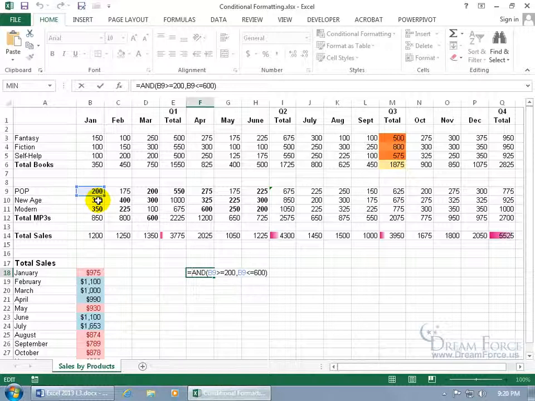As I said, this is dynamic, it's not absolute. So when it goes down to the next cell, it says this is not B9, this is B10. So it's going to update and say, is B10 greater than or equal to 200? It's not looking at B9. That's fine if that's what you're looking for. But if you're like, dang it, this doesn't work because I want it to be constant and always looking at this cell, and not update as if copying and pasting the formula into each cell in the background when I apply the conditional format,